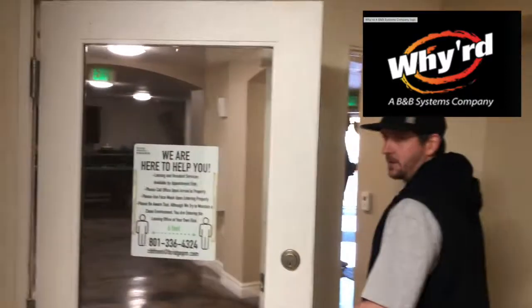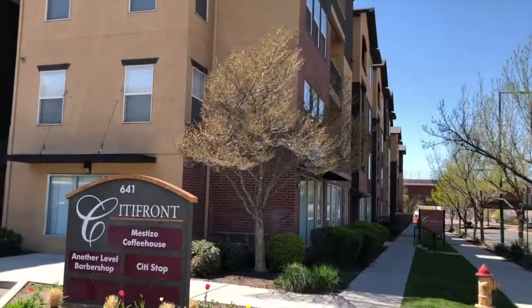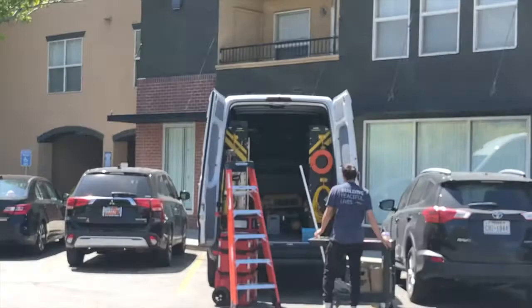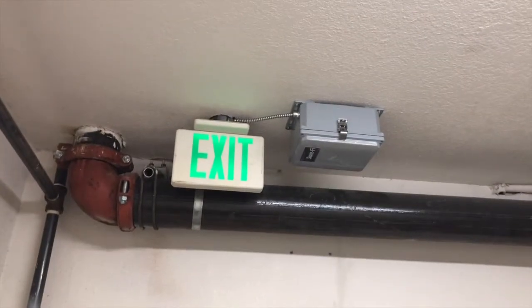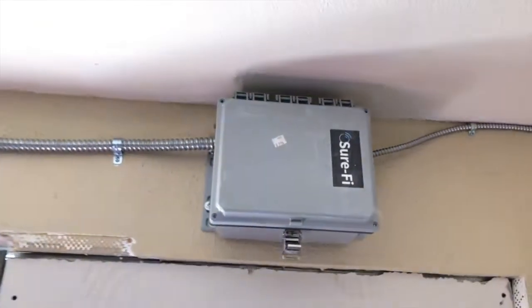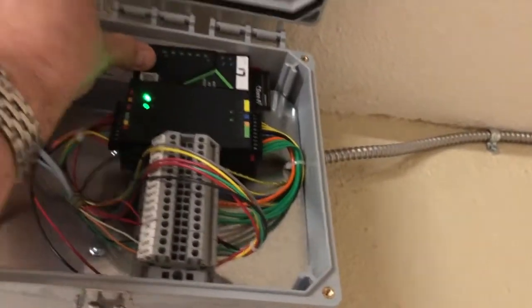Myron and Skylar from Wired brought over 30 Surefire compact door kits to the Cityfront property in Salt Lake. This area is part of a downtown restoration project, and while in transition, the stairwells and public areas of this facility have been targeted. Myron and his team were called in to add access control in a difficult retrofit situation. They felt the Surefire compact door kit with its any local power and battery backup was a perfect fit for